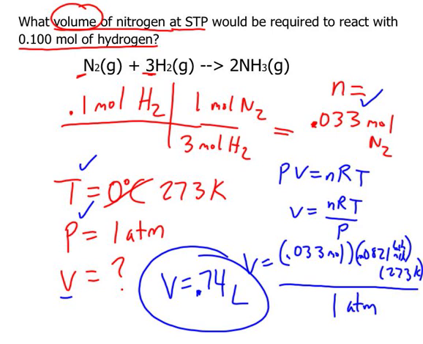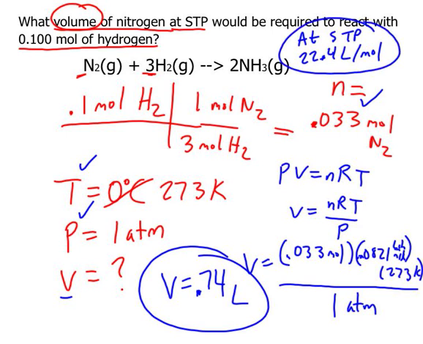An alternative way to do this problem, it's a shortcut, is you should know that at STP, this is something that comes up frequently, every gas takes up 22.4 liters for every mole at standard temperature and pressure. It doesn't matter what the gas is, 1 mole of gas takes up 22.4 liters. So alternatively, if you remembered this, it's not necessary, you can do it this way, you could say, okay, I have 0.033 moles of nitrogen, and I can say for every mole of that nitrogen,